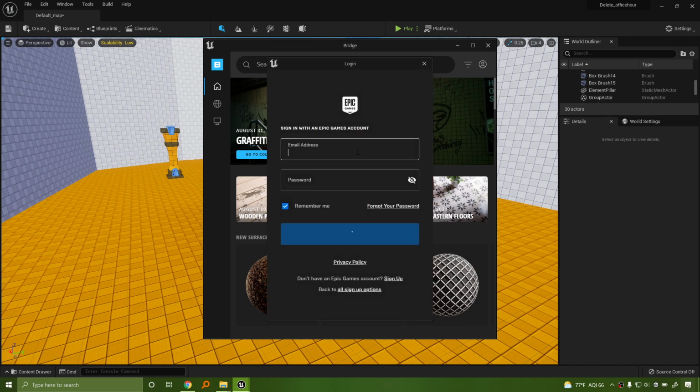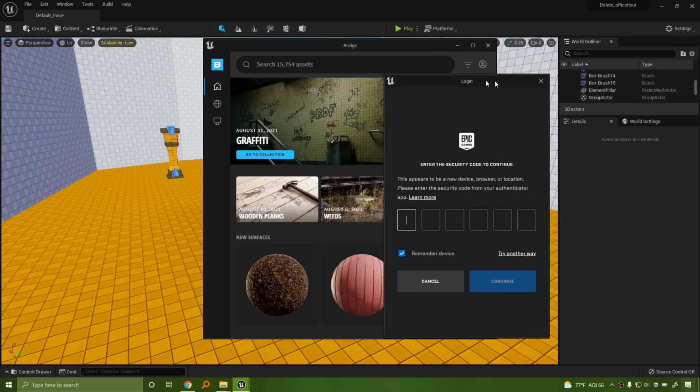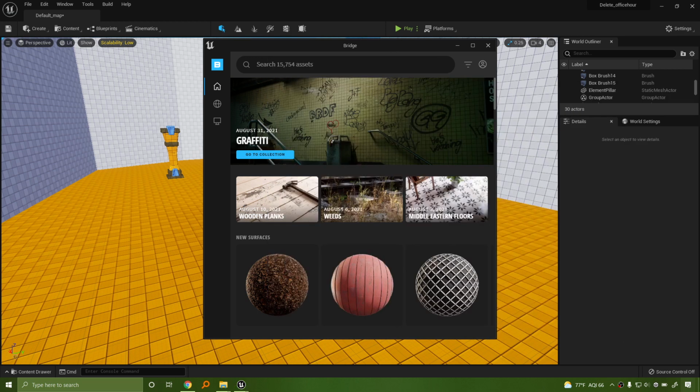Sign in with your Epic Games account. This is why I told you guys it's really important. Excuse me. Let's see if it asks for my... so yep, it's asking for my security code here. Let me move that off so I can put in my security code. Sorry about that, guys. I have 2FA on most of my stuff. Okay, all I did was put in my security code and I'm logging in. You'll see that this is updating up here.